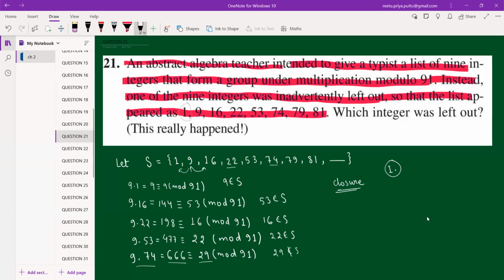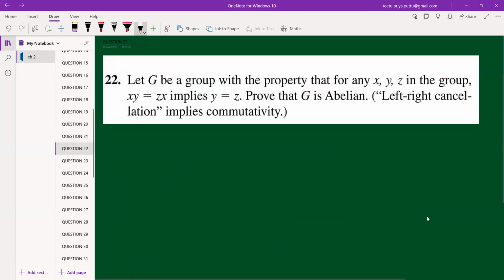So we are able to find the mistake done by the typist. 29 is the number that we are looking for, and once we add 29, our problem gets sorted. This is how you can see that math is so interesting, how beautifully the problem becomes a question in a textbook. This textbook is really awesome.